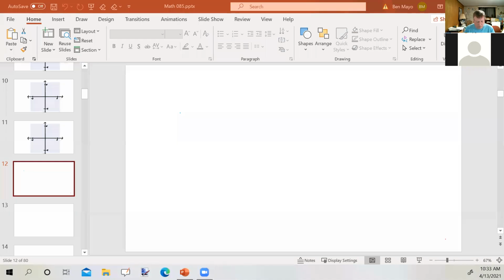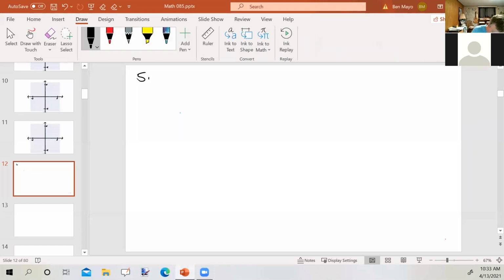So now we're going to go on to section 5.7. And yesterday, we looked at multiplying polynomials together and getting a resulting polynomial. Today, we're also going to be multiplying polynomials together. This is called special products. We're going to look at some special situations that happen. And I want to start out with this situation. Let's say we have the quantity y plus 7